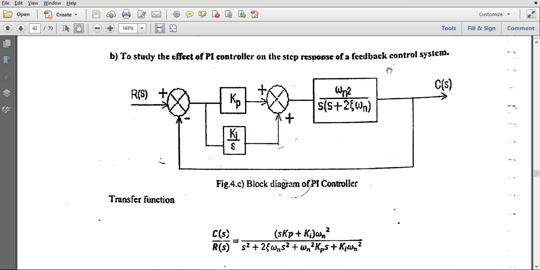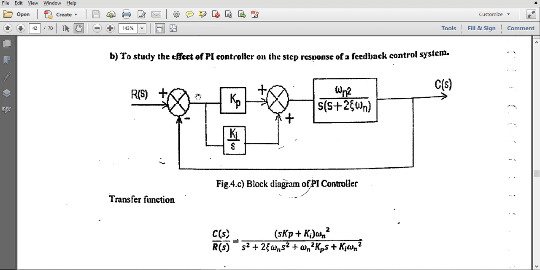This is the block diagram of a PI controller. Along with the proportional P controller, we have one more, Ki, the integral controller, given by Ki by S. If you remember, in Laplace transform 1 by S denotes integration in the time domain.